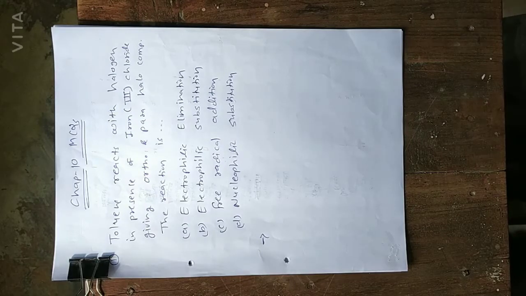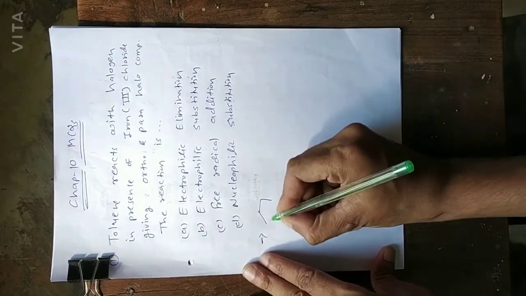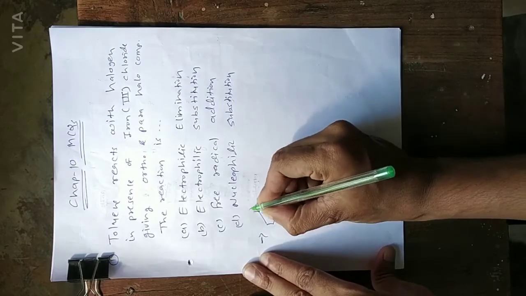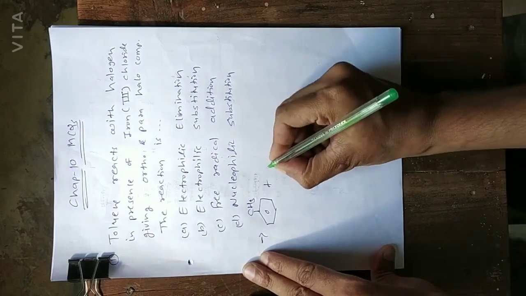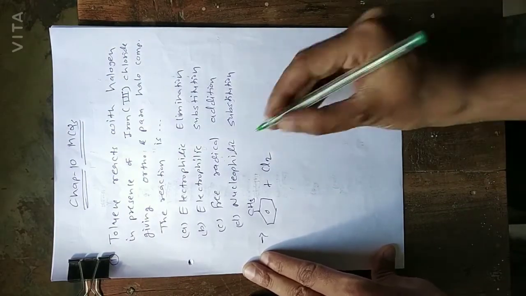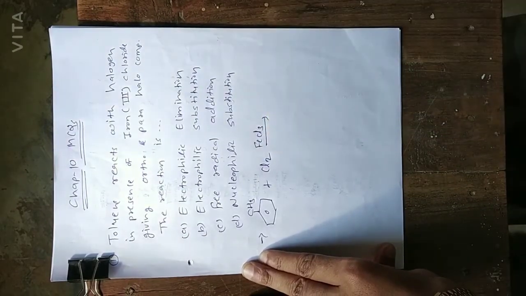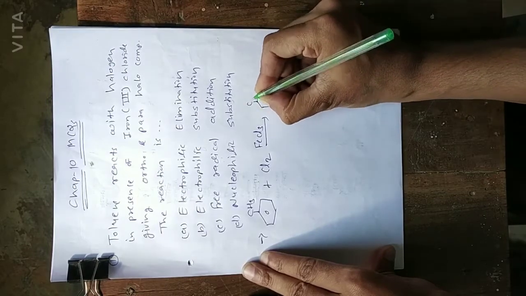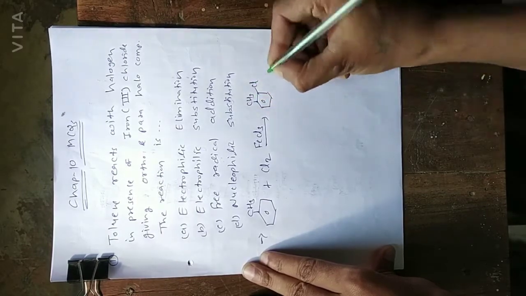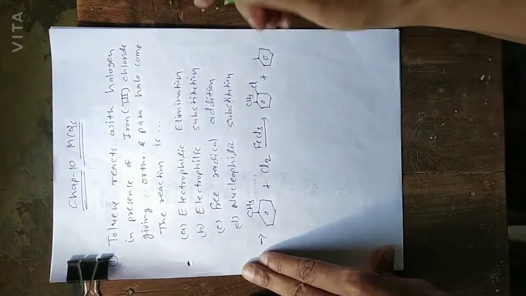Now for that you have to write down first the reaction. The reaction is given to us: toluene means benzene, on that CH3 group is there, that is our toluene. When it reacts with halogen, means Cl2, in presence of ferric chloride, FeCl3, iron 3 chloride, it gives ortho and para product. This CH3 as such, this is our ortho halo compound, this is our